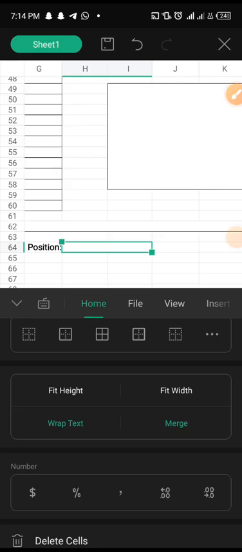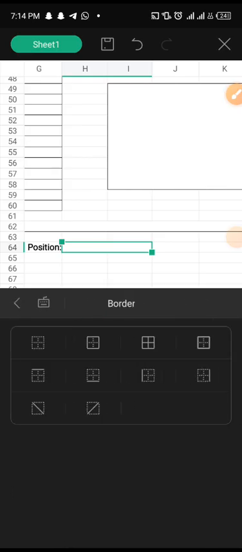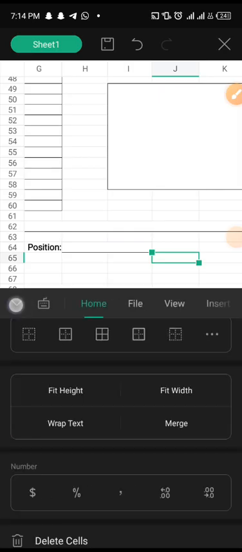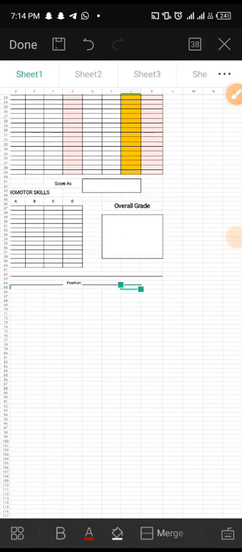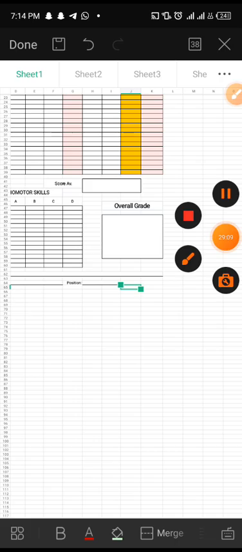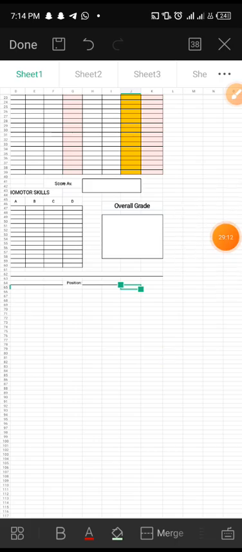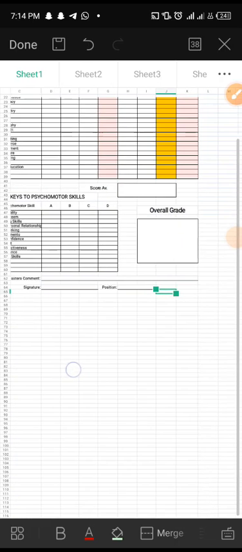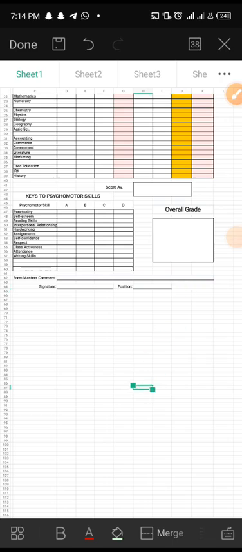When you merge this, then you can give it the bottom border also, so that whenever the person's position is being included, it will be on the top. It's almost 30 minutes, so I'm almost stopping this because we can continue this. And